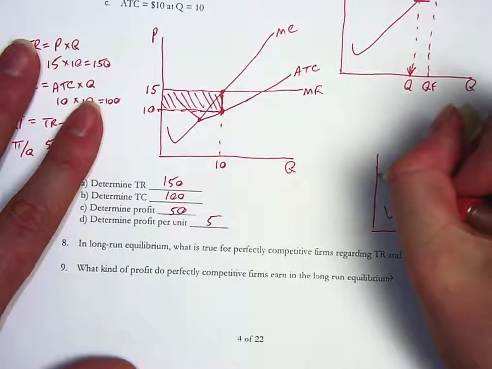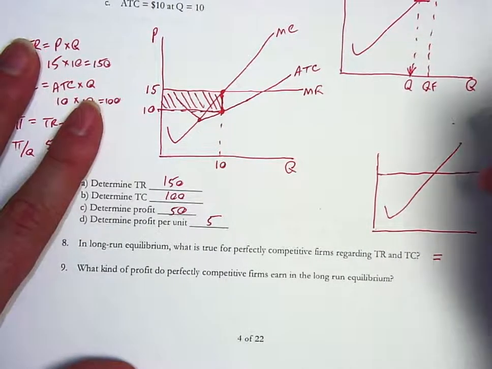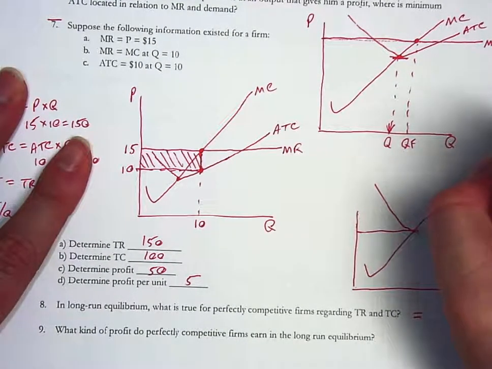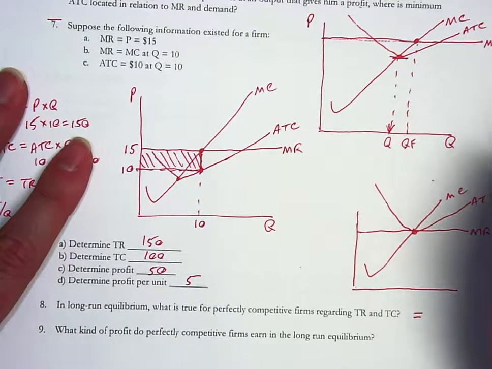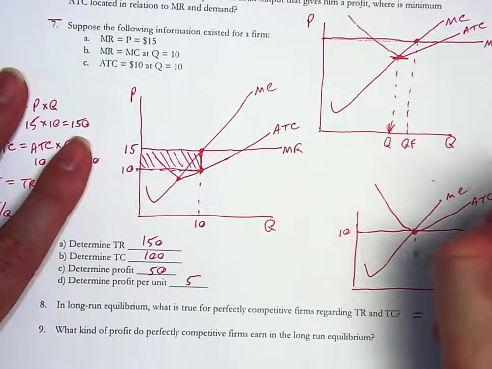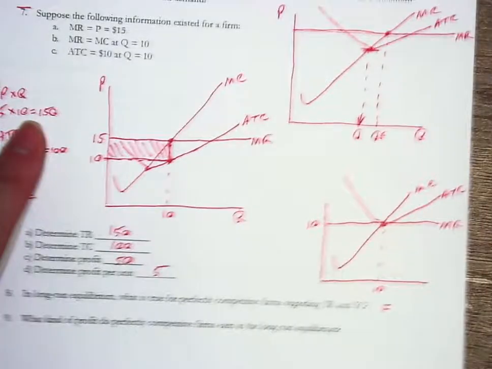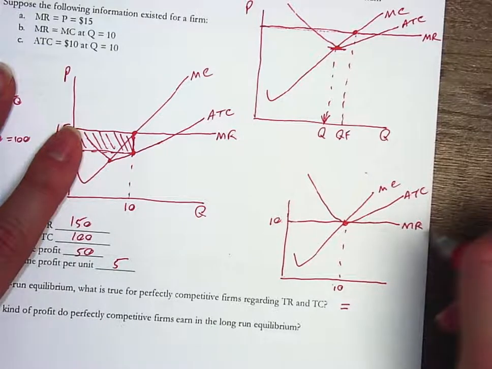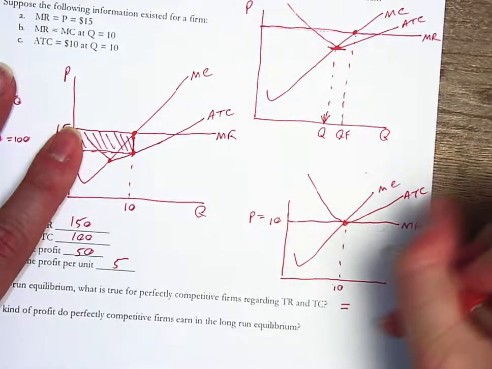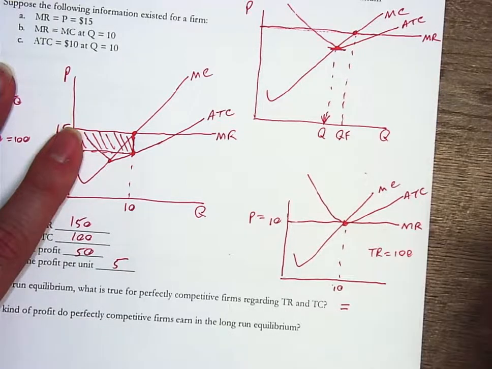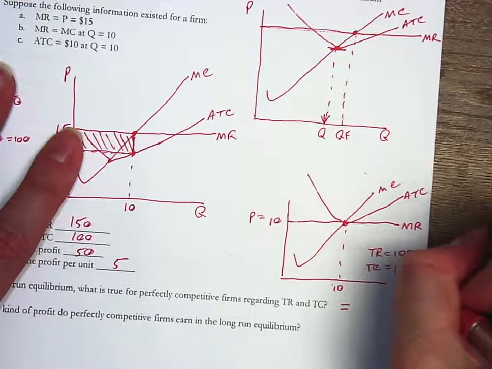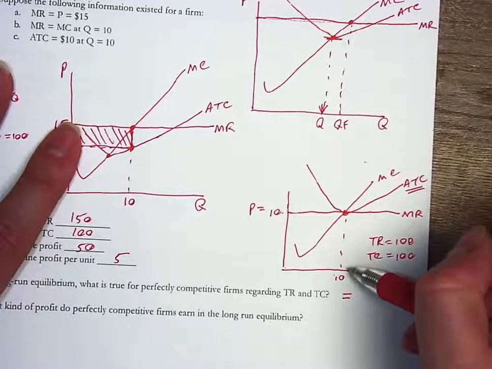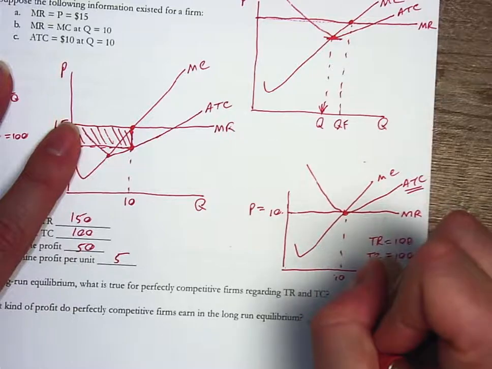But we can see that if we've got MR and MC, and ATC coming down and back up again, if this were $10 and this were 10 units, then we can find the total revenue is 10 times 10, because the marginal revenue is the price. So TR equals 100. But we also know the total cost is equal to 100, because the ATC is also 10 at 10 units. So the profit is normal